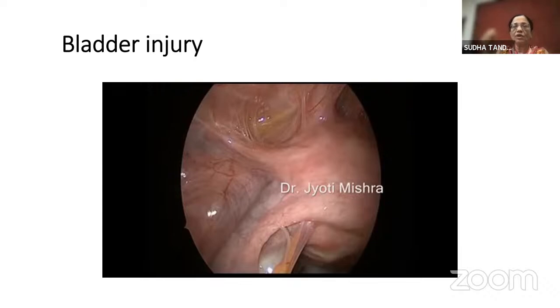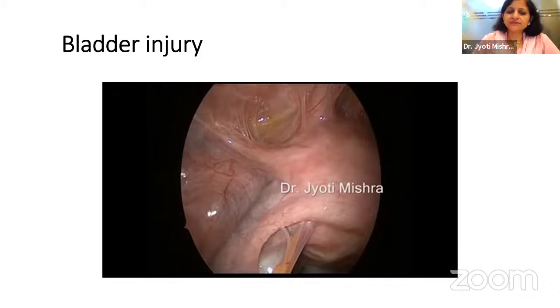And once you have got a little bit of the plane where you're sure that you have dissected the fat belonging to the bladder, then lift that area and cut towards the cervix or towards the uterus. You really have to struggle, but being slow and taking small steps is very important, because this sort of bladder